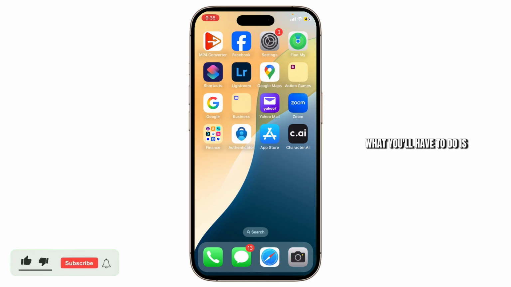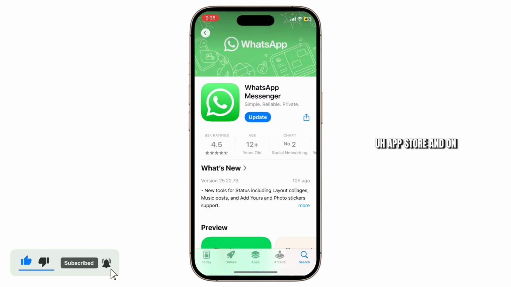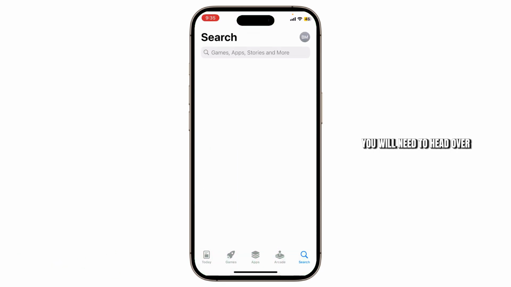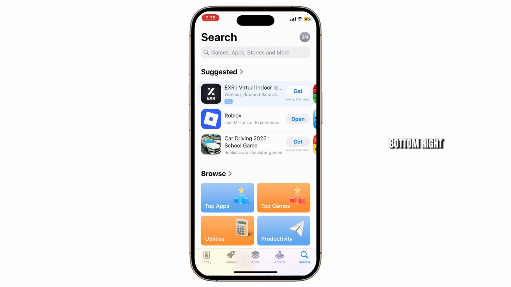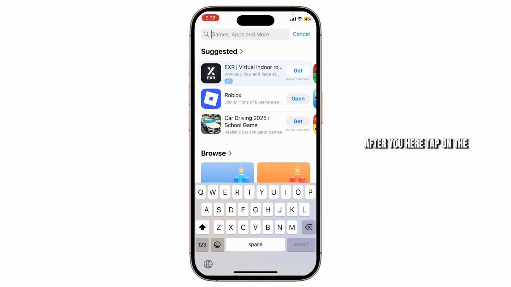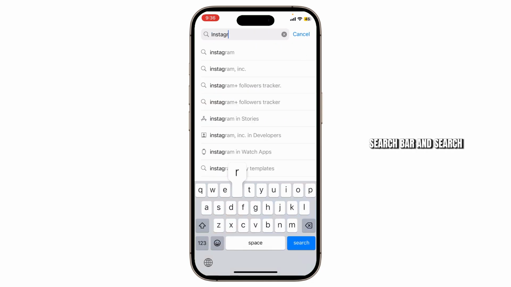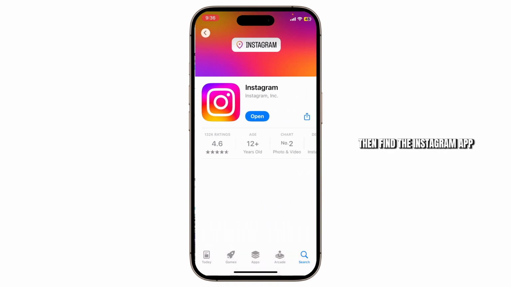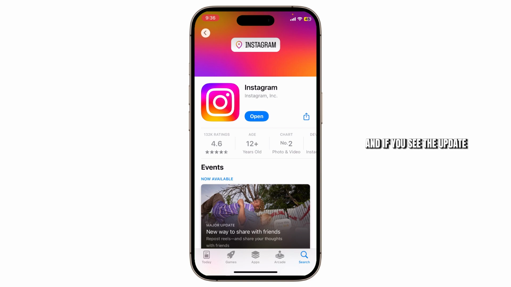What you'll have to do is head over to your app store, and on your app store, you will need to head over to the search bar on the bottom right. After you're here, tap on the search bar and search for Instagram. Then find the Instagram app, and if you see the update button right here instead of the open button, tap